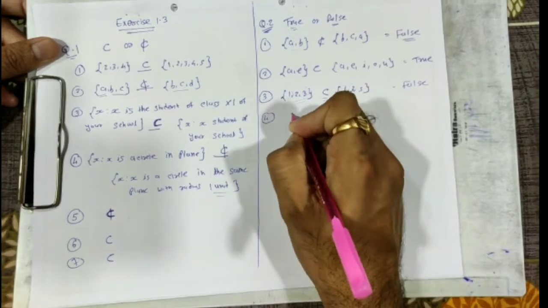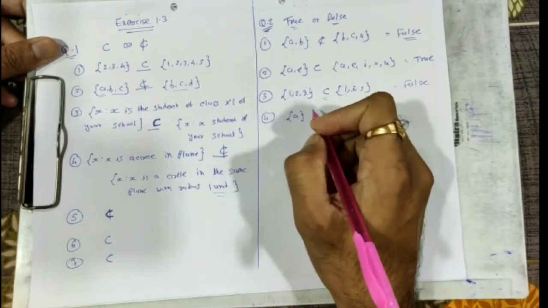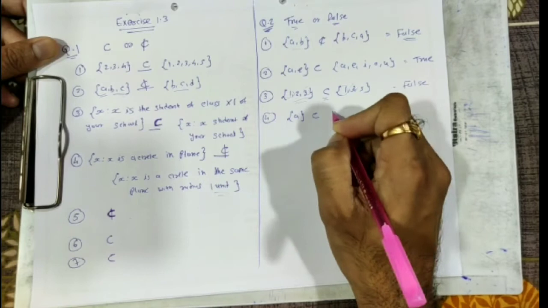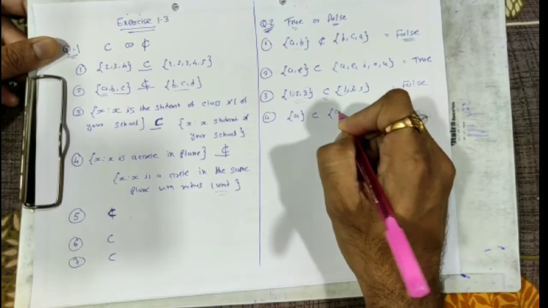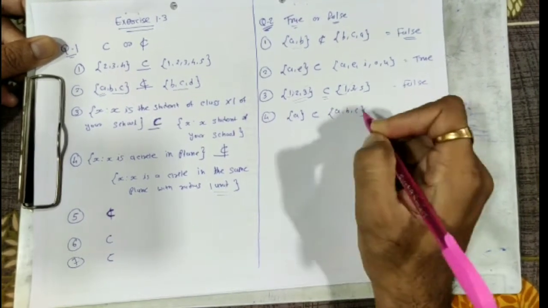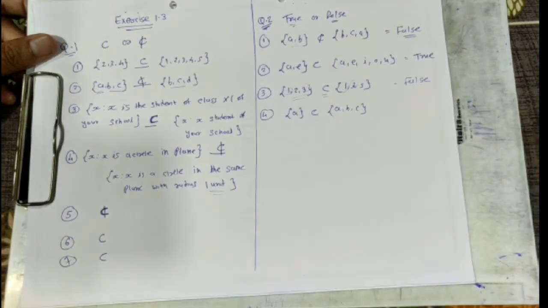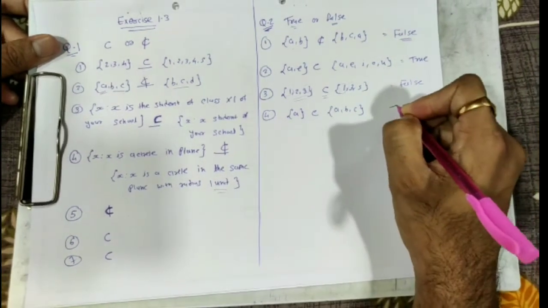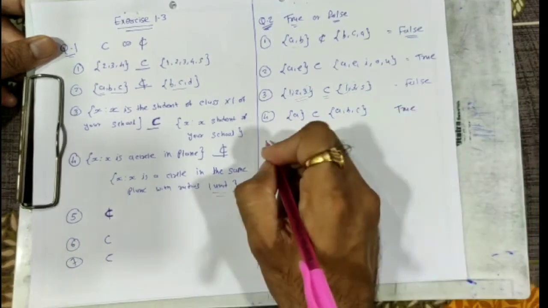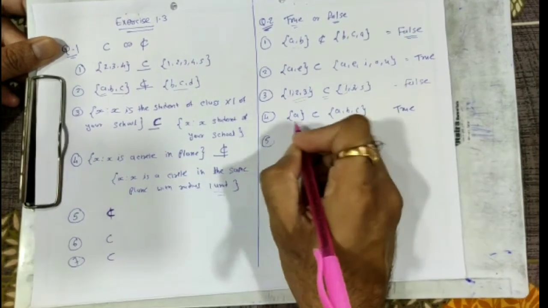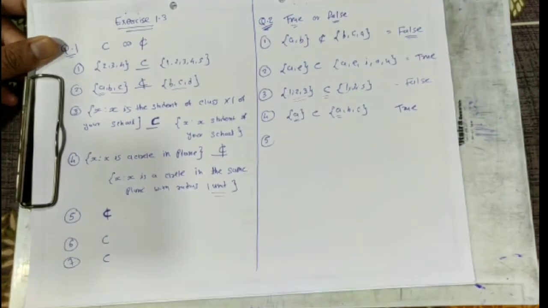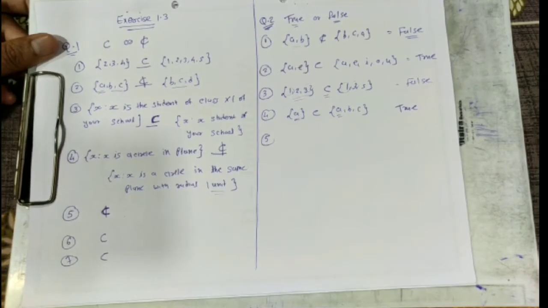Set A is the subset of set A, B, C. True. This one is true because A is the part of this set, so it's a subset. Fifth one,